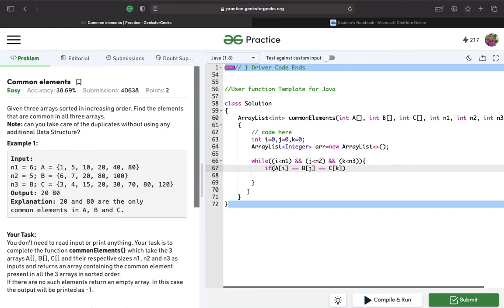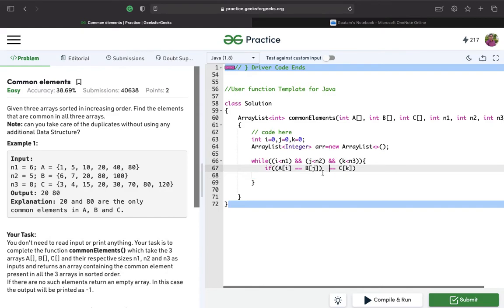Right, everyone will initially write this condition, but take care, it is not a valid condition in Java. We need to check it pairwise. Writing a equal to b equal to c will give you a compilation error.